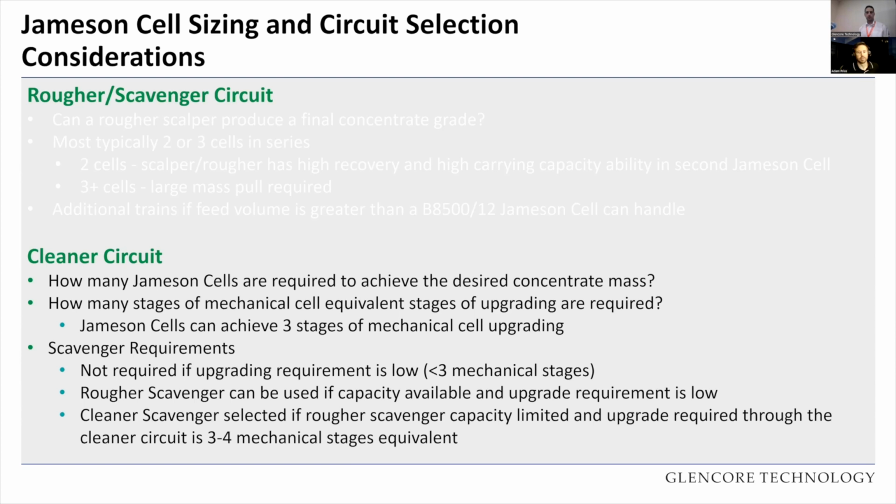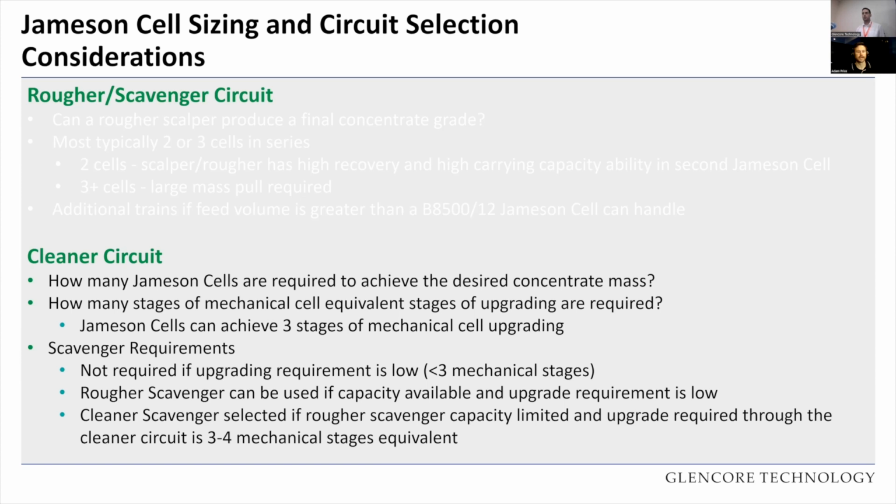So a scavenging circuit may not be required if, say, the upgrading requirement is very low or very easy. Again, maybe something like gold could be a scenario where you may not need scavenging because of the low upgrading requirements at that stage, and the quite easy ability to hit high recovery marks with the target